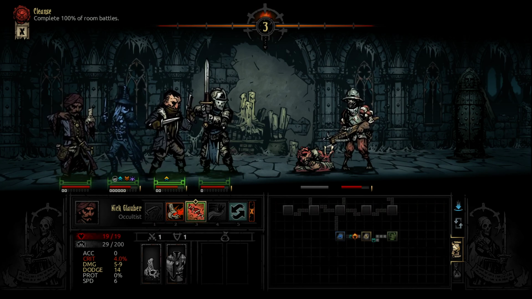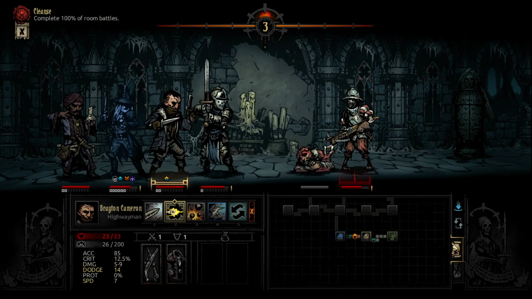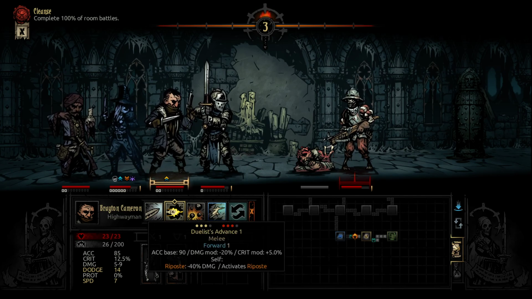Try a heal, just to kind of try to stay on top of this. It's a good heal, but he might get bleed. That's the risk-reward of his heal. So actually, let's